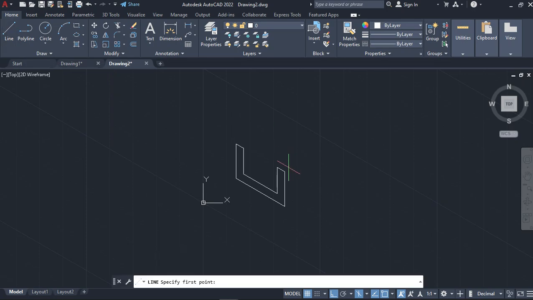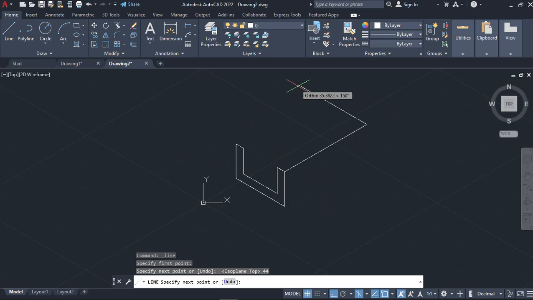let's draw from this side to this. To change the direction, just use Ctrl+E, like this. It is 44, enter, and to this side it is 26, enter, and to this side 44, enter, and what's left is